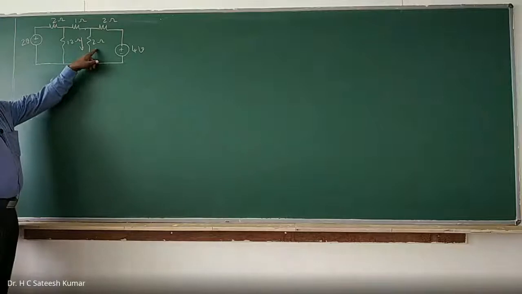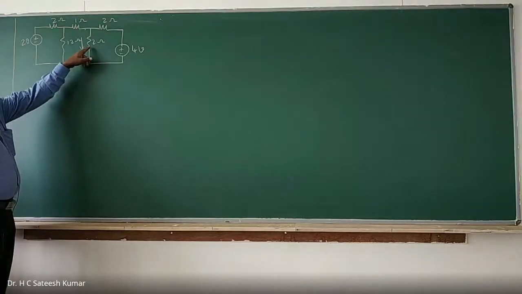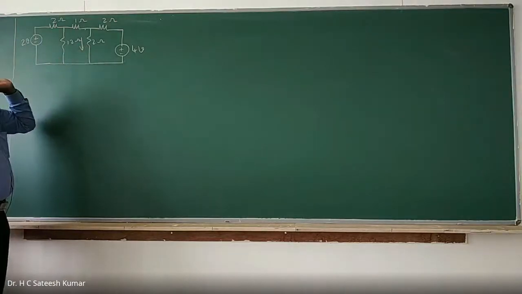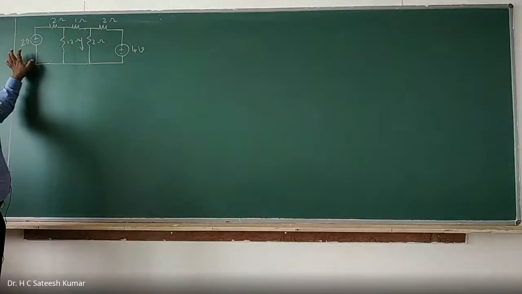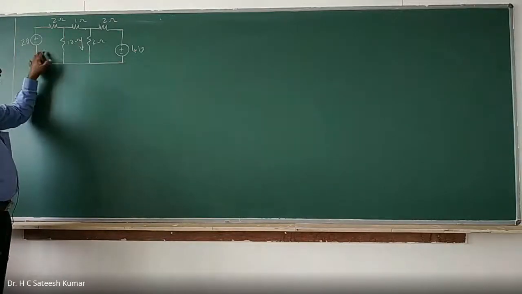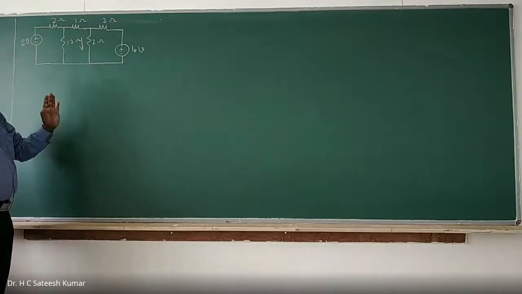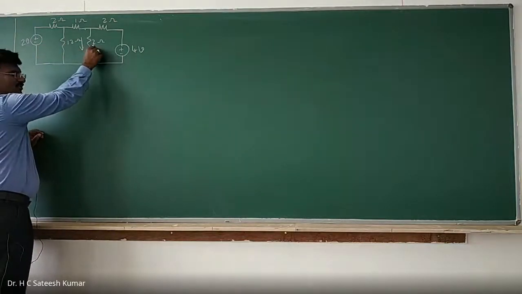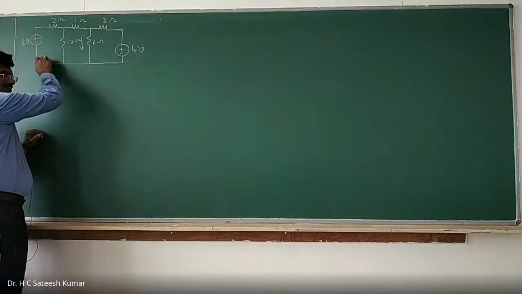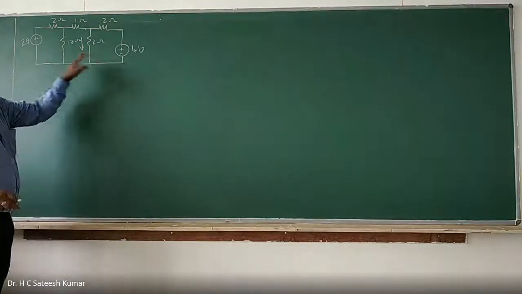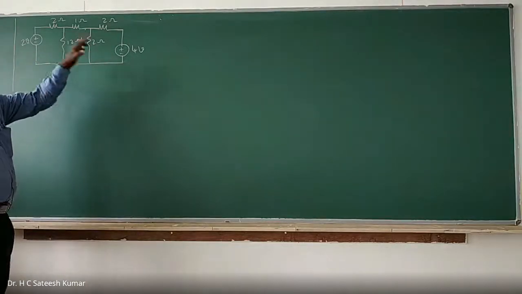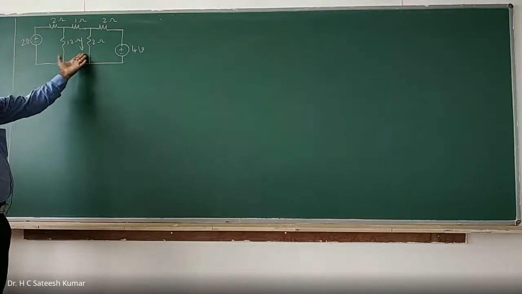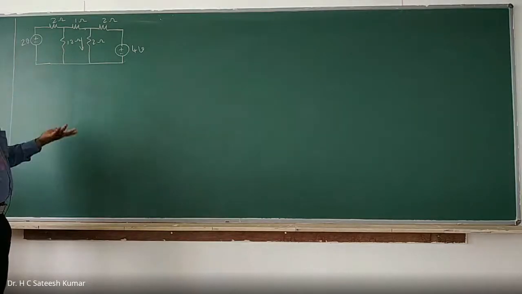The question is like this: find the current in the 2 ohm resistor using the superposition theorem. So how many sources are there? 2 sources are there. And you don't need to verify it. If they ask you to verify, first you apply KVL and find the current when both of them are existing, then take both sources individually, find the currents and add them. If they are equal, then you say that. Now he is not asking you to verify. He said find the current.